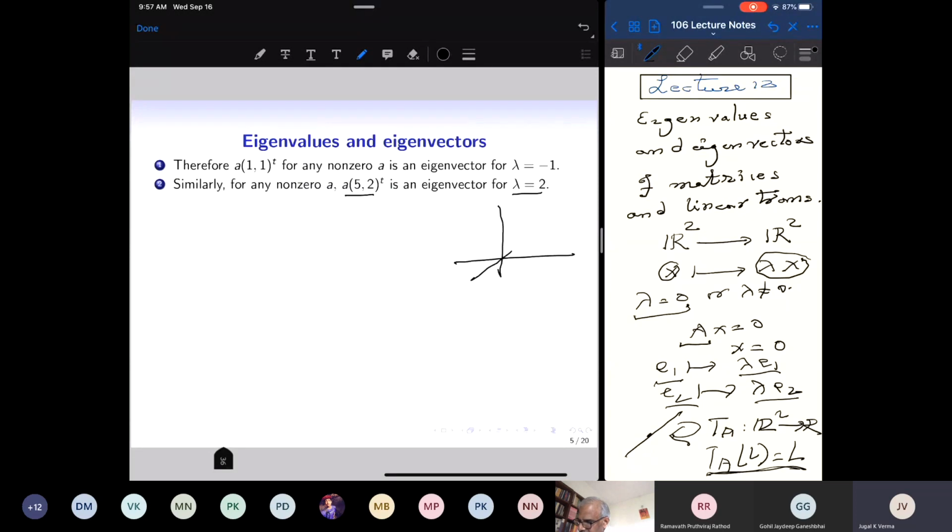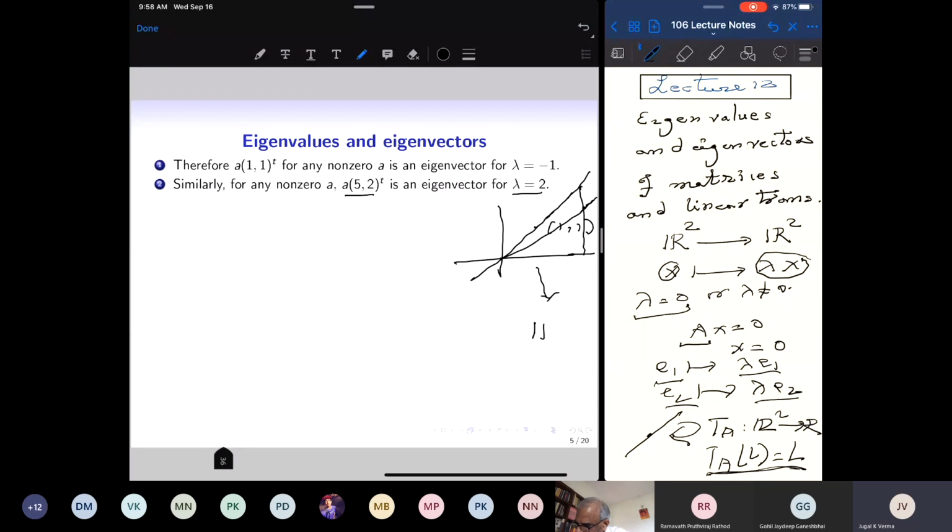(1, 1) is one direction, and (5, 2) is another direction. So there are two directions in the plane, so that this matrix A is transforming vectors